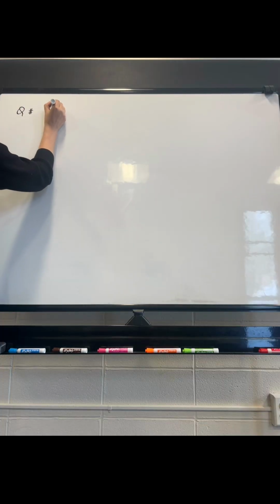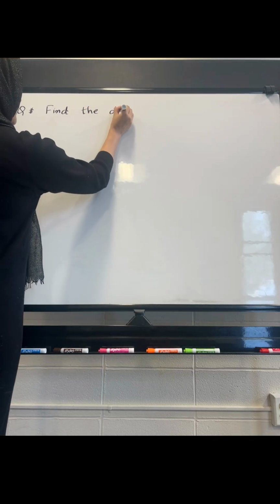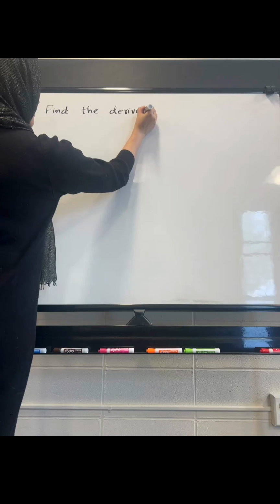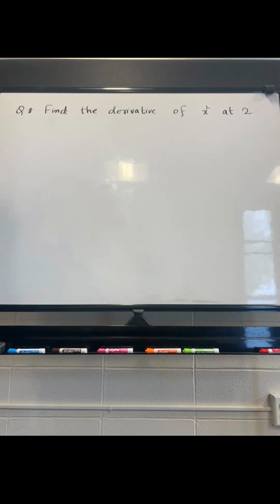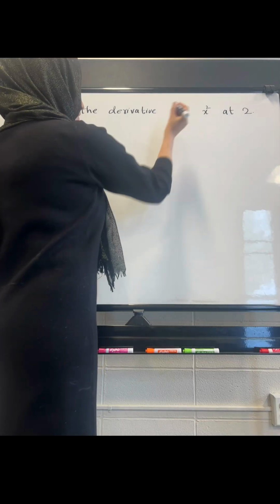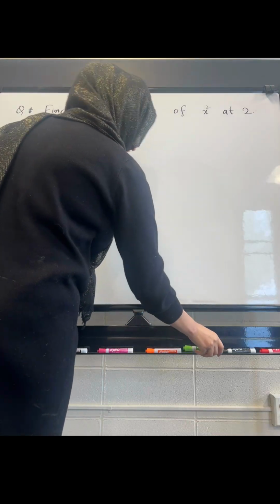Let's start it. The question is, find the derivative of x squared at 2. So how are we going to solve this question? As we have already learned about the definition of derivative, we know that